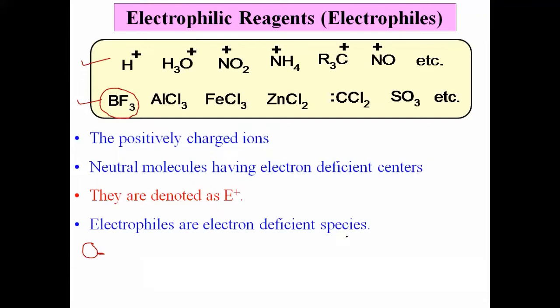There is a deficiency of electrons. Neutral molecules having electron deficiency. There is a positive charge, means there is electron deficiency. Thus simply we can say that electrophiles are electron deficient species. Okay, second property. Then third one,